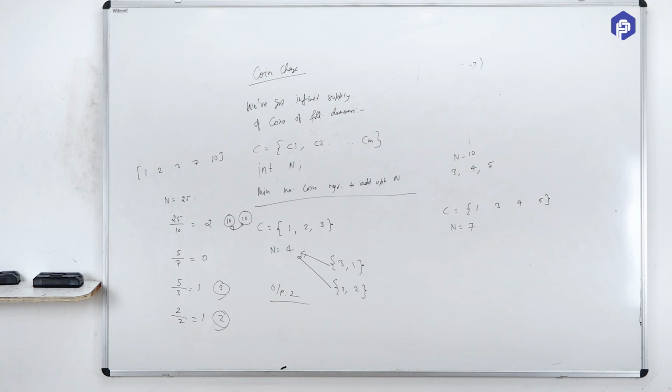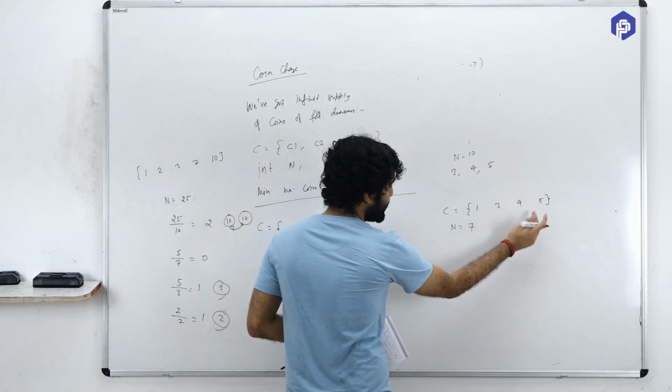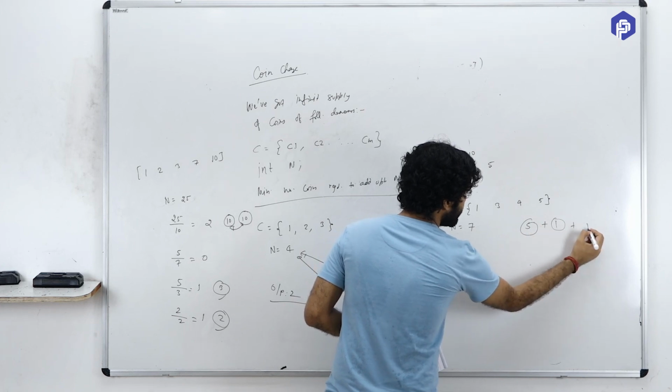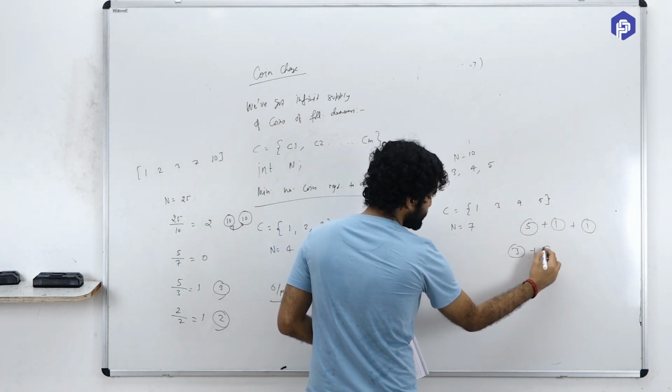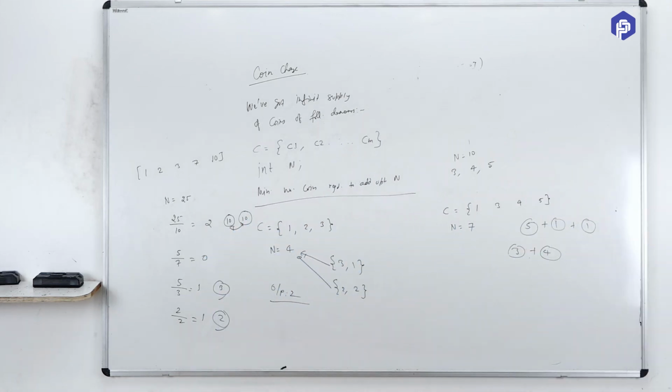3, right? And can you tell me their names? So you have taken 5, 1 and 1, right? Great. So according to the greedy approach, you will be forced to take one instance of 5 and then 2 instances of 1 and 1. But I would say that, hey, just take 3 and 4. Right? So that is the reason this greedy approach is not going to work.